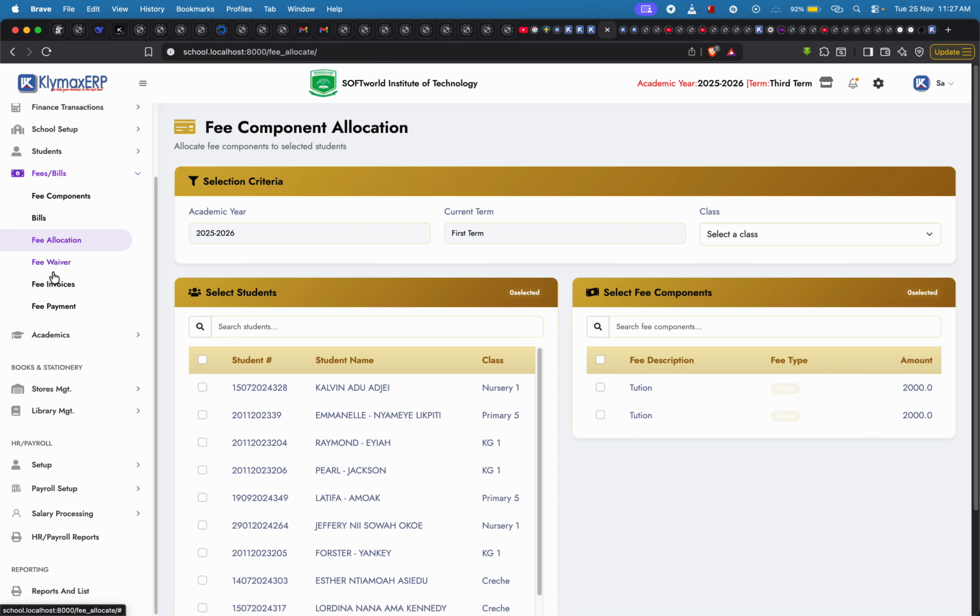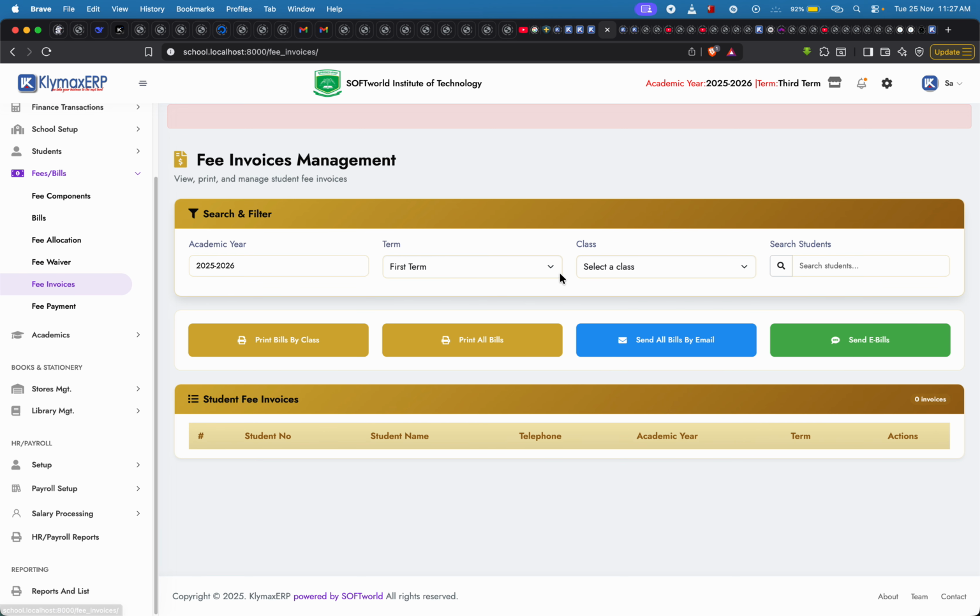Then we have fee waiver. If you have some fee waivers you want to give, you do that. Then we have fee invoices. This is where you can get